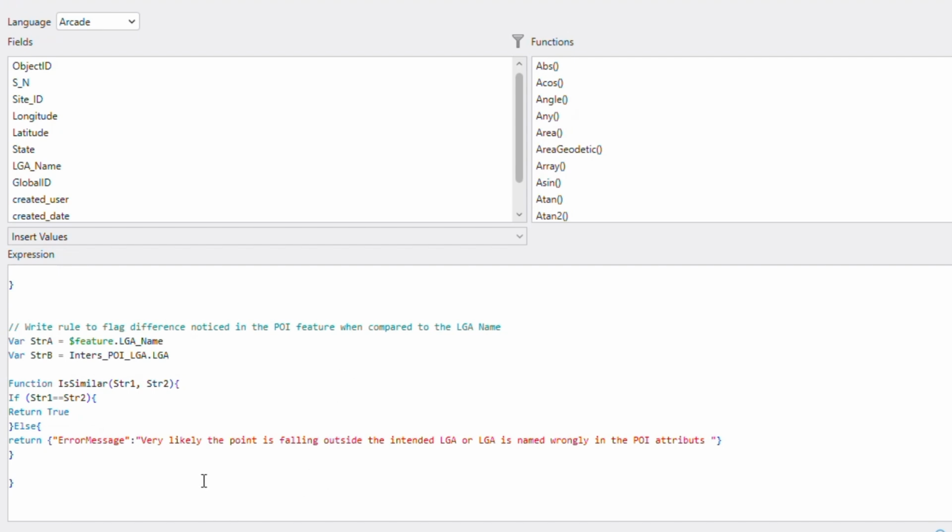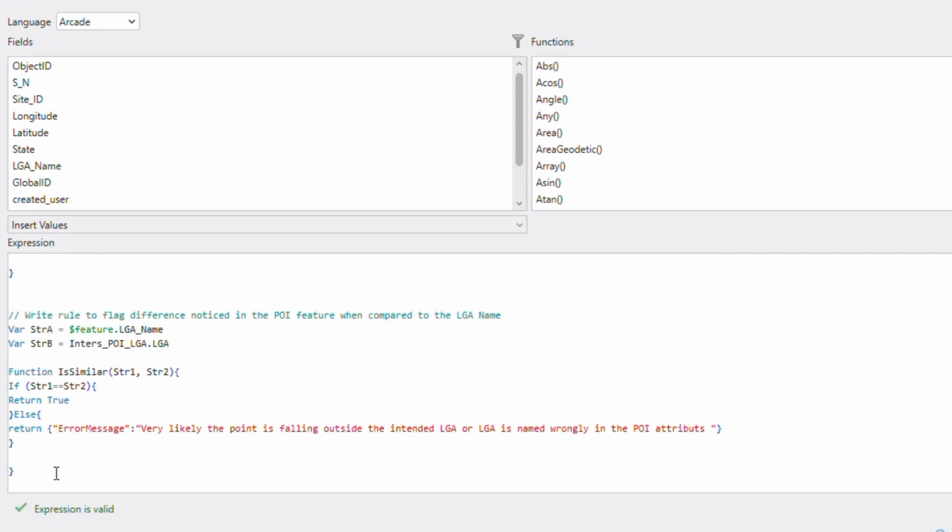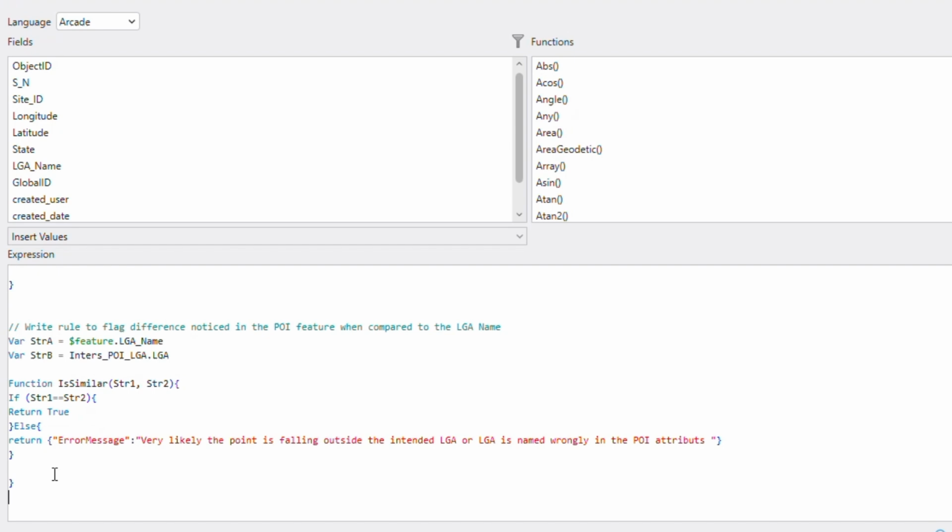So this is the error message, although it's a long error message. So we have returned it. Let's check whether it's valid. Yeah, so it's valid. And then we will now call our function is similar,